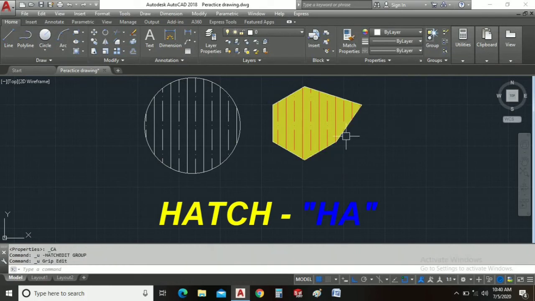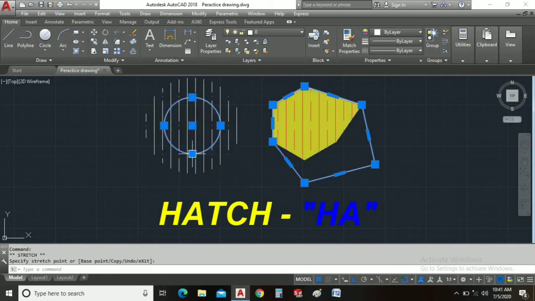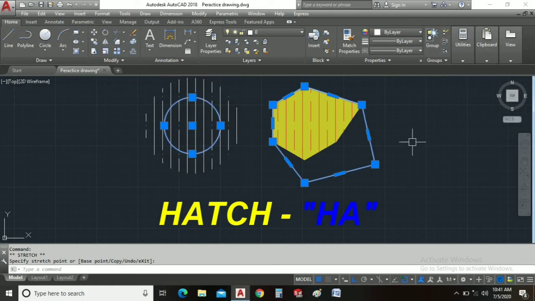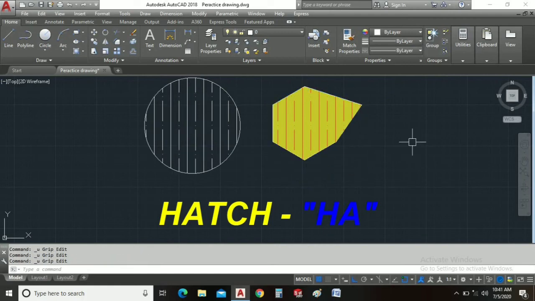This hatch has been increased. If we change the object shape, something like this, our hatch is not going to be updated here. If we increase or decrease the size of the object, the hatch will stay the same. So guys, this is non-associative hatching, and in associative hatching, the hatch will automatically update along with our object. So I hope you understand associative and non-associative hatching.